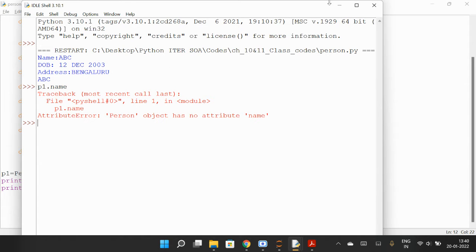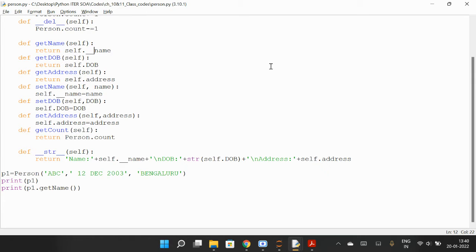So directly you cannot access by this, P1 dot name। सर उस फंक्शन को भी हम प्राइवेट बना सकते हैं डबल स्कोर करके अंदर। ट्राई कर सकते हैं।